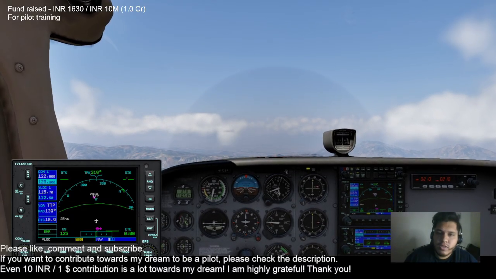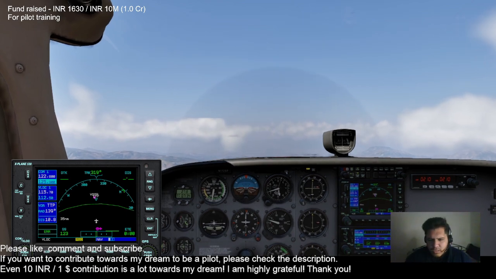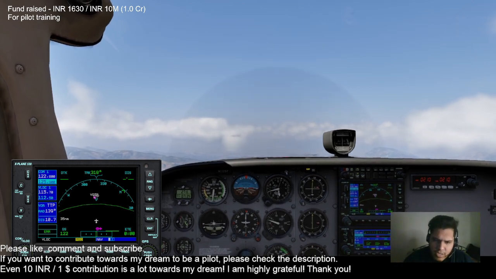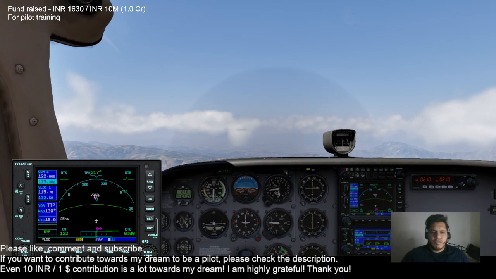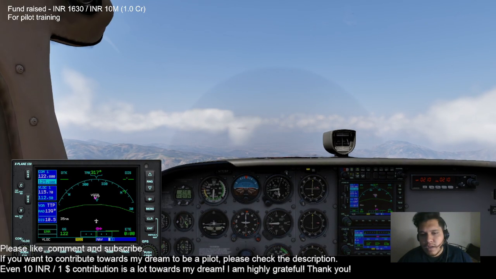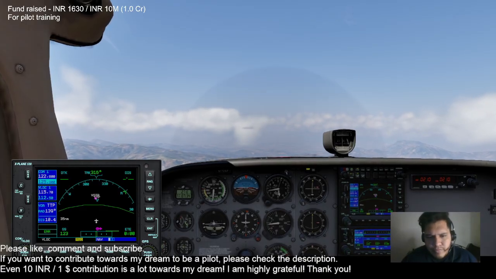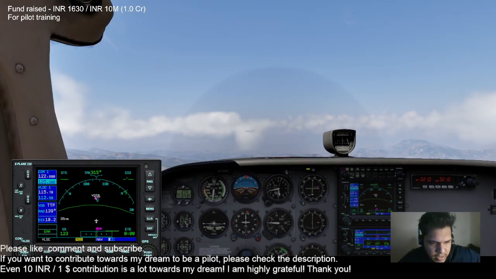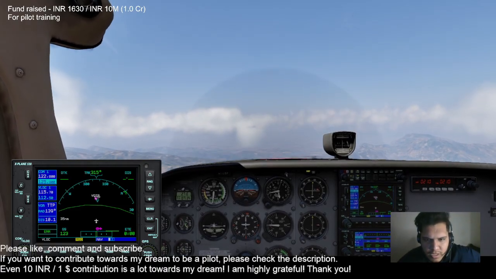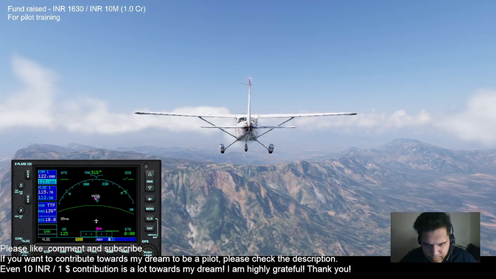Let's say if Tirupati VOR was not there, you don't have to do anything. You just follow the outbound radial only. That's sufficient. And once you establish on the radial, turn on the autopilot and select heading mode, and go on that heading. You will reach. Okay, we are at 10 nautical miles. We are approaching the airport. Some hills are here, so